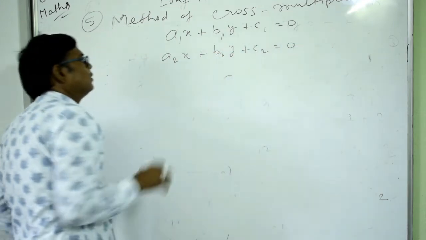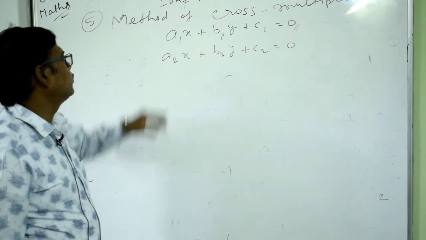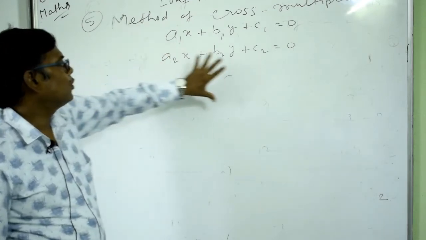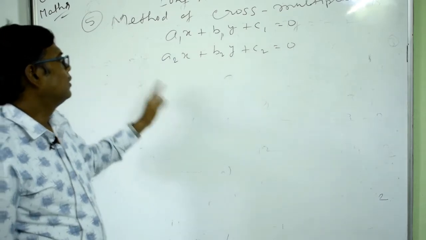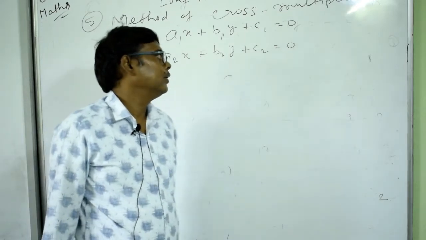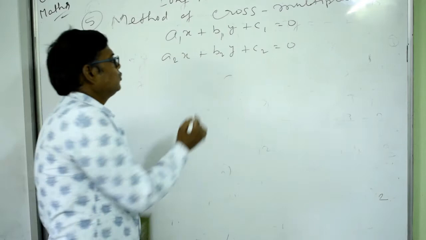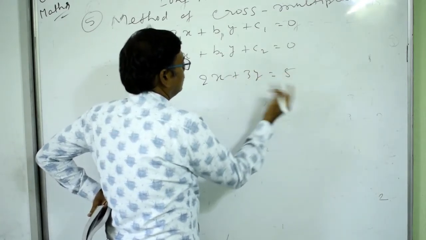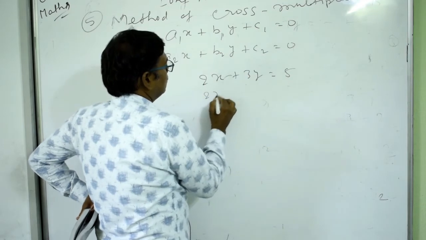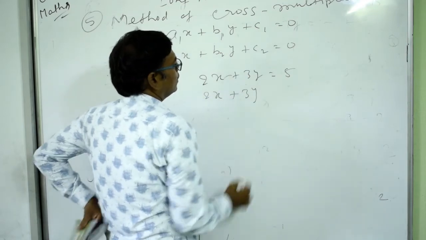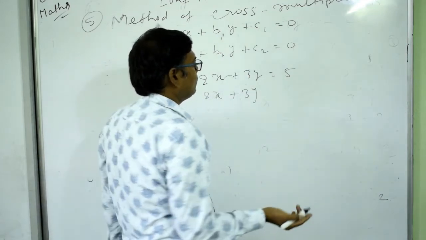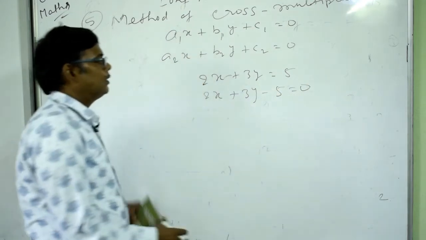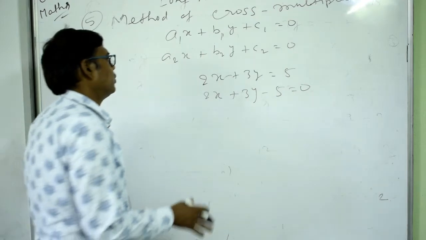And here see that I have taken these two equations in x and y, and all the terms are on the left hand side, and on the right it is 0 only. Suppose you have an equation like 2x plus 3y equal to 5, then you will bring this 5 to this side when you solve the given equation by using the cross multiplication method. So you will bring every term on the left side, and on the right side you will have only 0. Okay, so remember this.